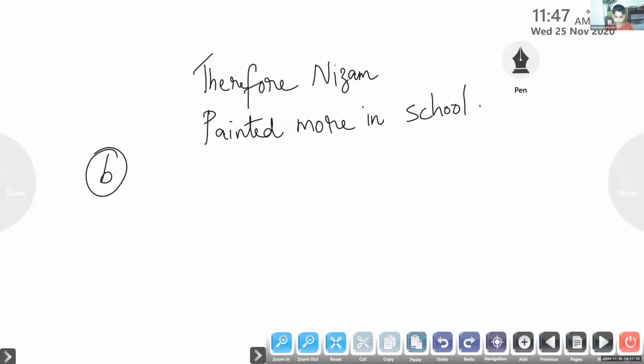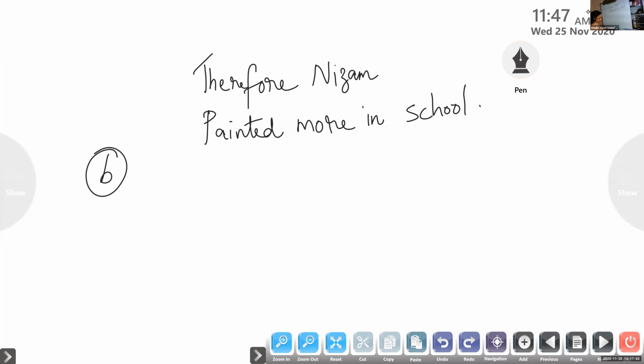4 into 10, 40, 5 into 6. Ma'am, Shyam. Shyam swam shorter distance. So when you cross multiply, you will get 40 and 5 into 6, 30. And how can you find out the LCM also? It's 5 into 2. So children, you can find out the LCM of 5 and 10 easily. The LCM is 10, because 5 into 2 you will get 10.